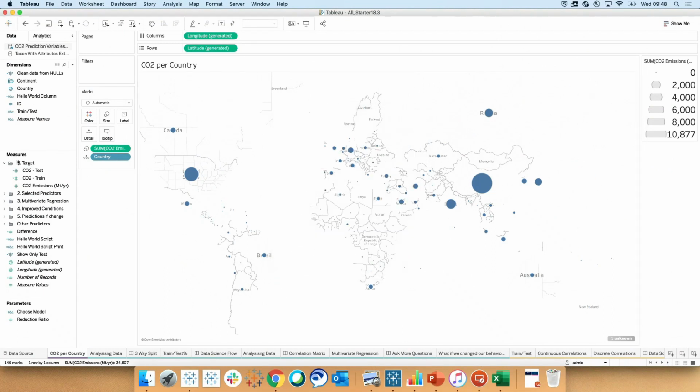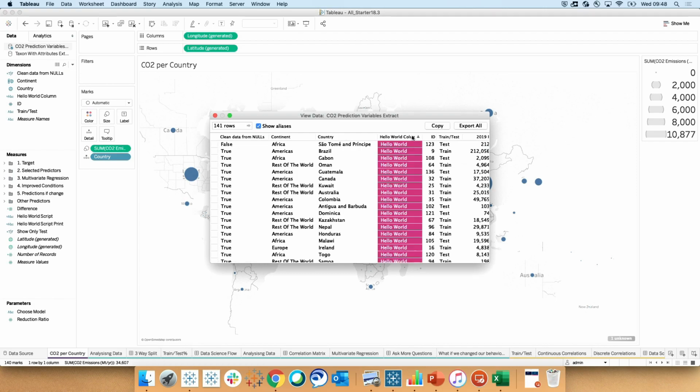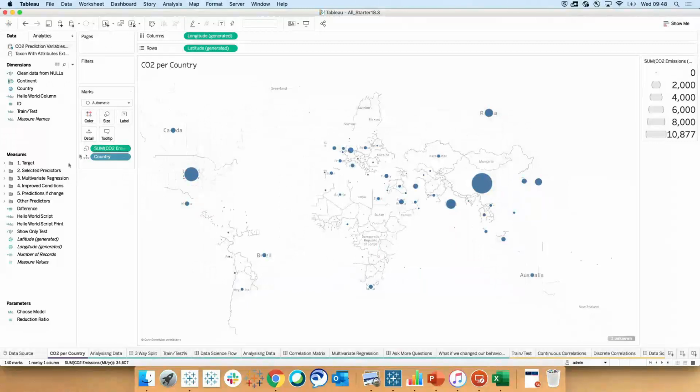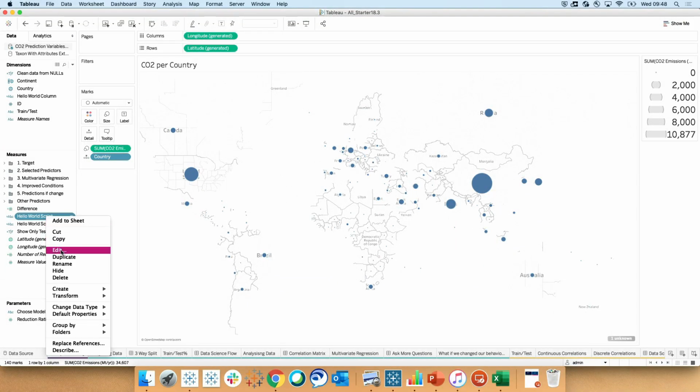And the example I'm going to start with, so if anyone's ever done any online coding tutorial or introductory script writing, is we write hello world, say hello to the world. So I'm going to try and replicate that now with Tableau. If I look at the underlying data, you can see I've got a column here that just contains the string hello world. And then I've created a really simple script function,